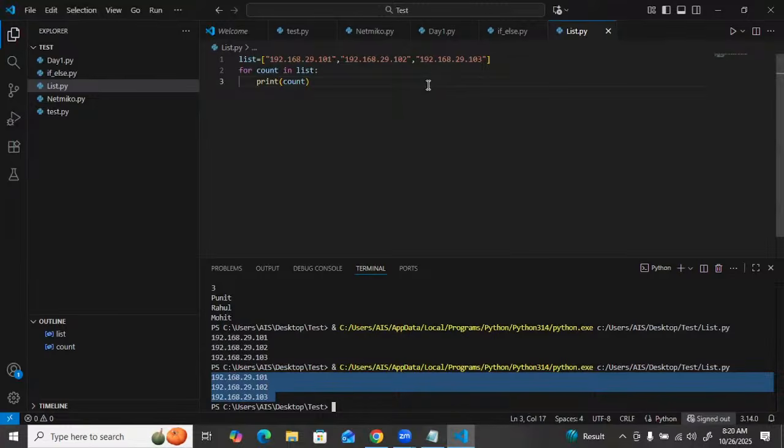Yes, sir. Thank you. So similarly, this is the list where we are accessing the data in which format? Indexing format. We have another data structure that is called dictionary. There we can access the data in which format, guys? We can access the data in named format, just like